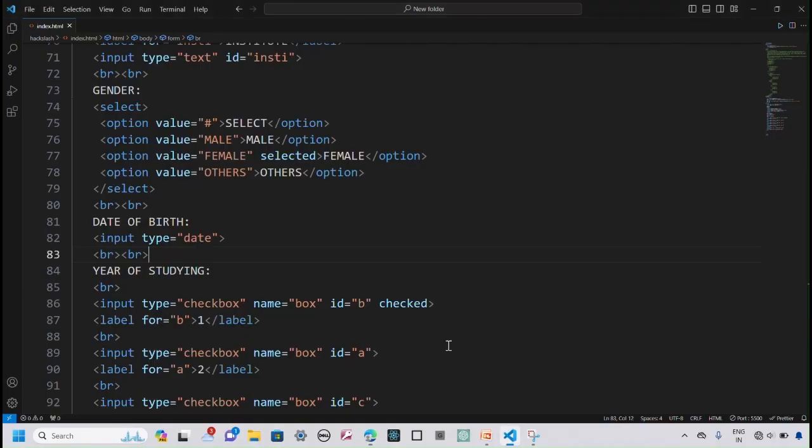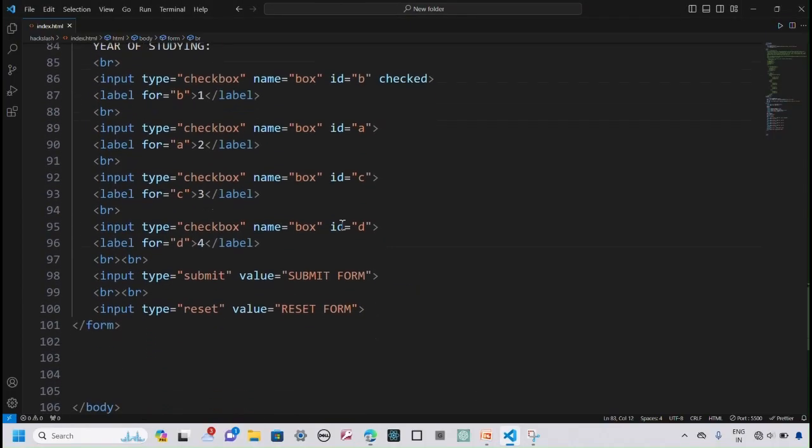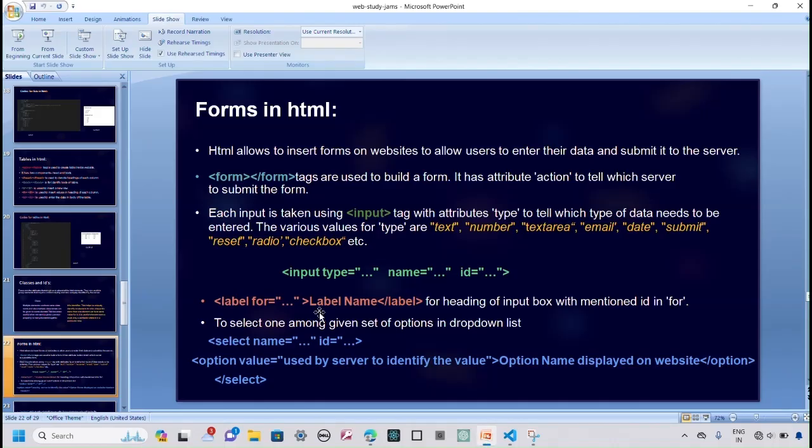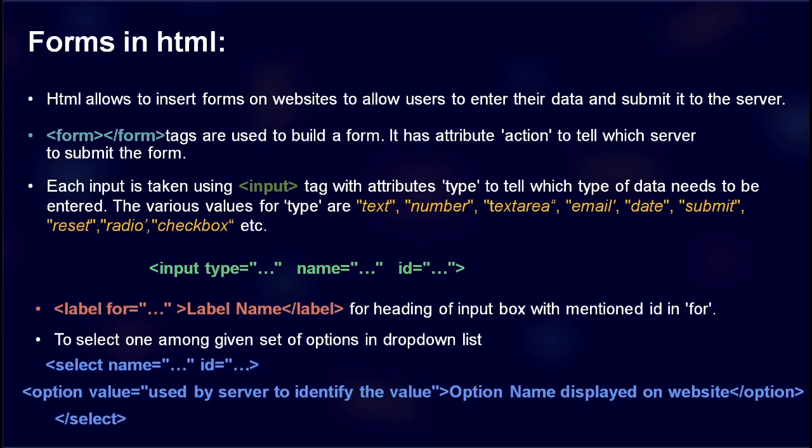So this was all about forms, and you can explore various input types, okay, and check how they perform, what function they do in your forms. So let's move back to the presentation. Forms in HTML allow you to insert your data and submit it to the server. The form tag is used to build a form. Input is taken using the input tag